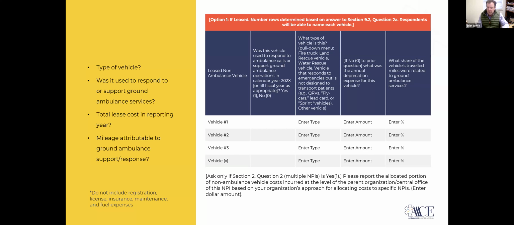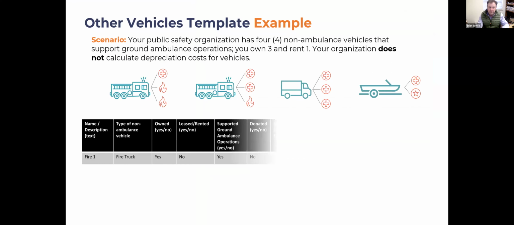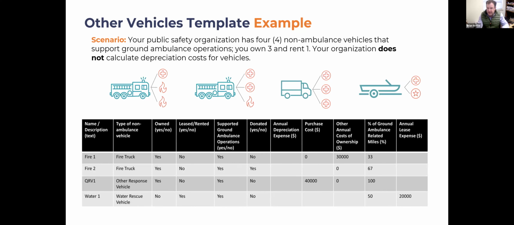costs, right? So a template, just some of those examples. I don't think we need to go through it because it's really the same exercise that you did with your ambulances. The only difference being after you've gone through how you own it and the cost of that ownership, meaning either the lease payments, depreciation, loan payments, etc. They're going to ask you to allocate the percentage of the vehicle's use that's dedicated to ground EMS versus your other operations. So that percentage will then be used for them to discount the total costs that are associated. Right.